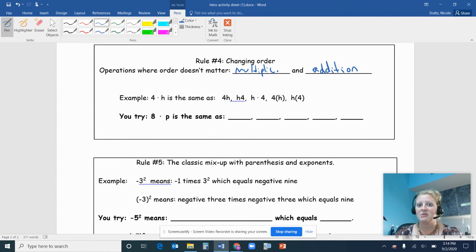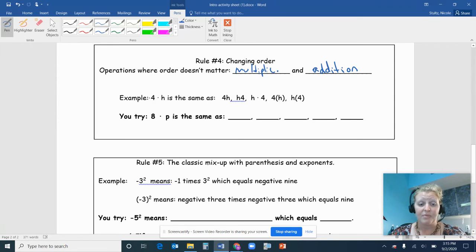Same thing if I said what's 2 times 4. Okay, now what's 4 times 2? It doesn't matter. So those operations are very special, and it's probably why kids do better with those operations, because you can mix up the order and you'll probably still get it right. So this is the kind of stuff, though, that might look weird because obviously we use letters in algebra a lot, and you just got to get confident in just the simple terminology and the methodology of how to deal